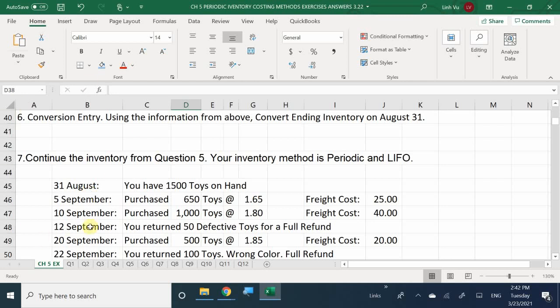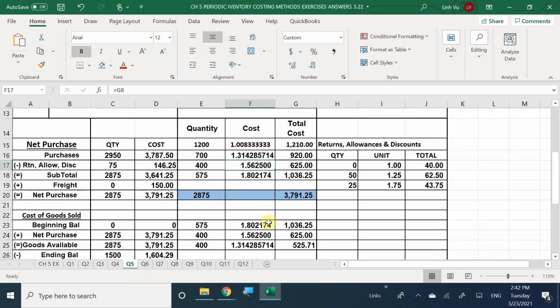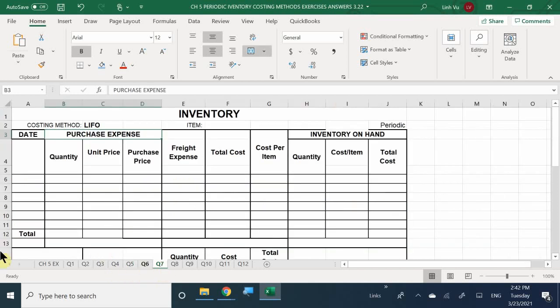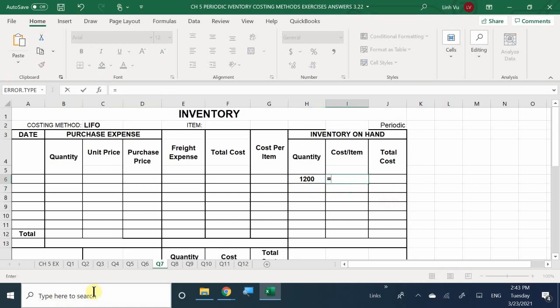So let's take a look at our inventory on hand right now by looking at the little section that we calculated already. We have the 1,200 here, and we should have 300 from here. Because we need to keep the batches separate, we're going to carry that over to our new worksheet over here, exactly how we bought it. So the first batch that we bought was for 1,200, and it cost you,